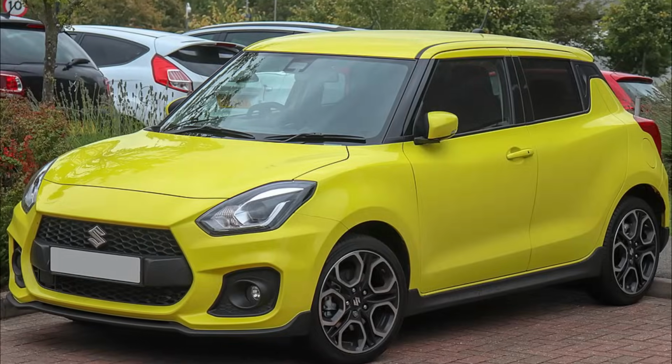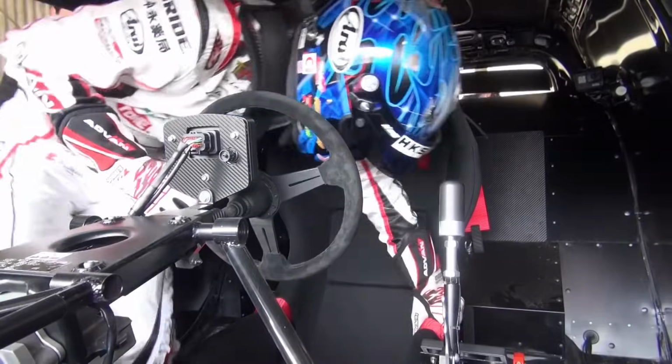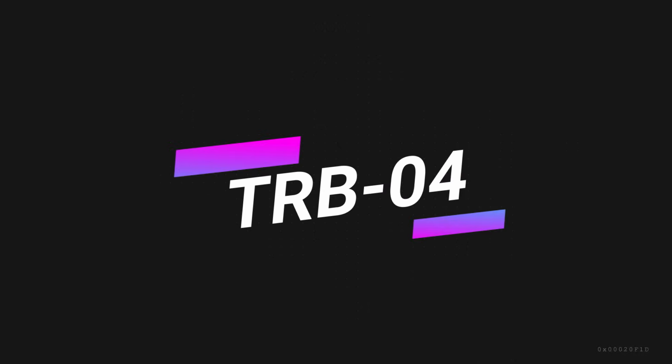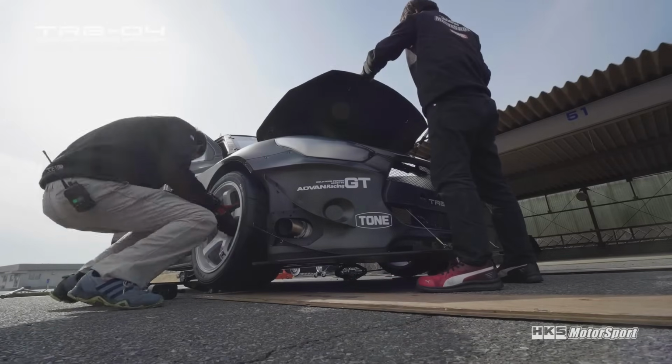Today's feature car is based on the ZC33S model Suzuki Swift. I say based on since not much of the original car exists, including the name, which HKS now call TRB-04. The TRB part standing for Tsukuba Record Breaker, and the number 4 being that this is the 4th car in